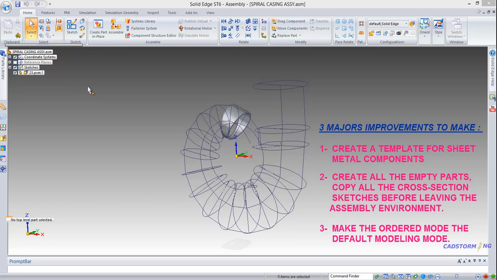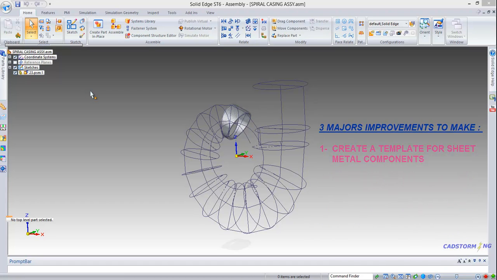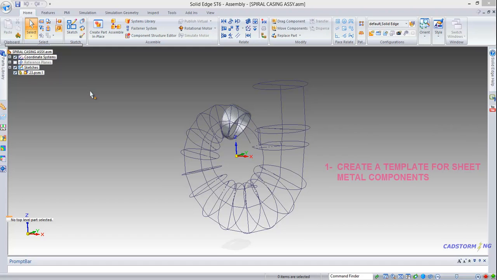And the third thing will be to make sure that when we enter the sheet metal environment, we will be entering directly in the ordered mode instead of synchronous mode, so there will be no need to switch to ordered mode. Okay, so the first thing we are going to do is to create a template, and to do